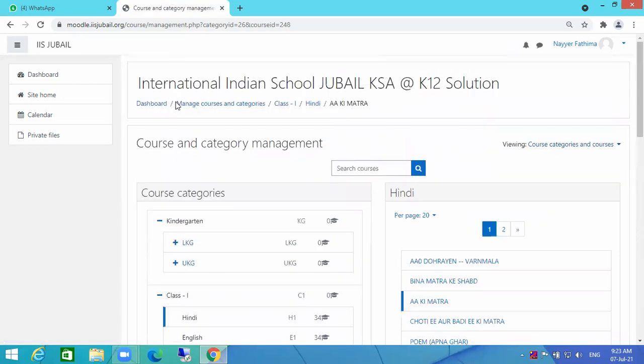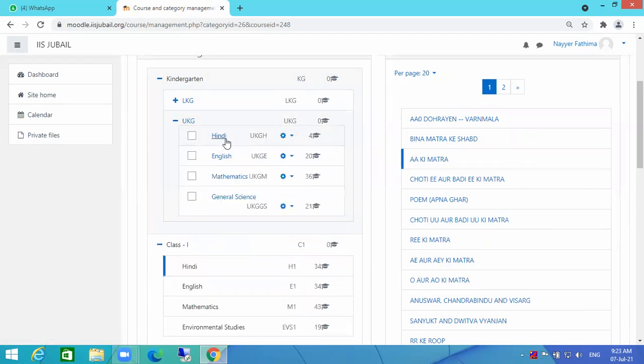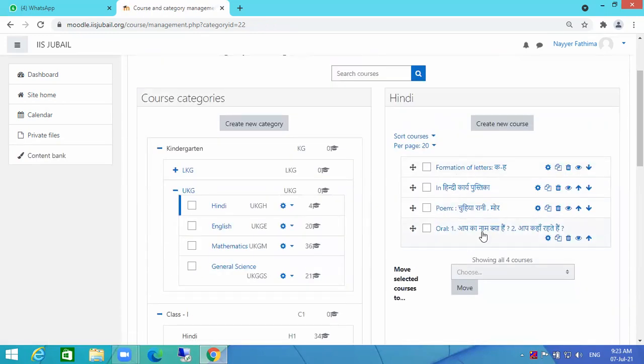The same case applies if Nilufar madam or Smita madam is entering. If they want to modify anything in the KG, they cannot do it. They have the same access in the same way. Similarly, if the madam is going for the KG, you can see the difference. Now there is a movement option also.